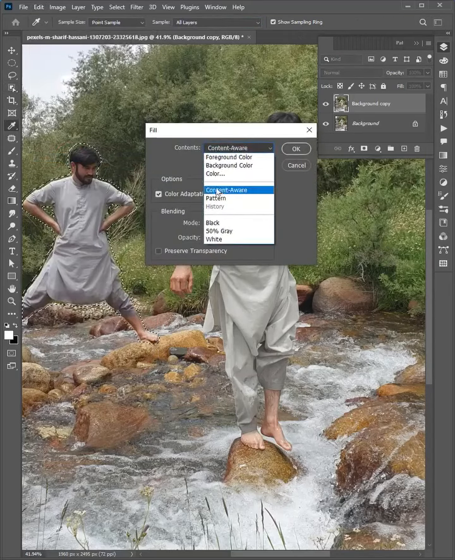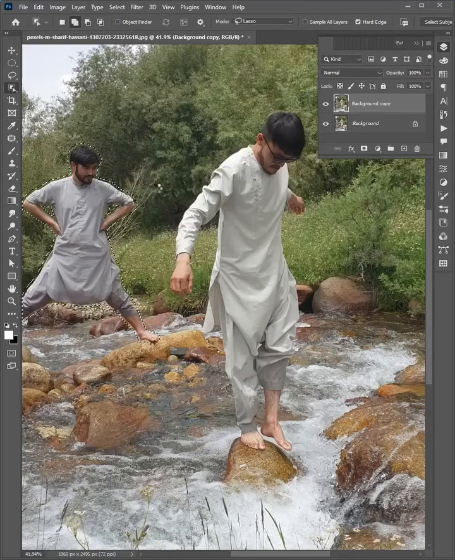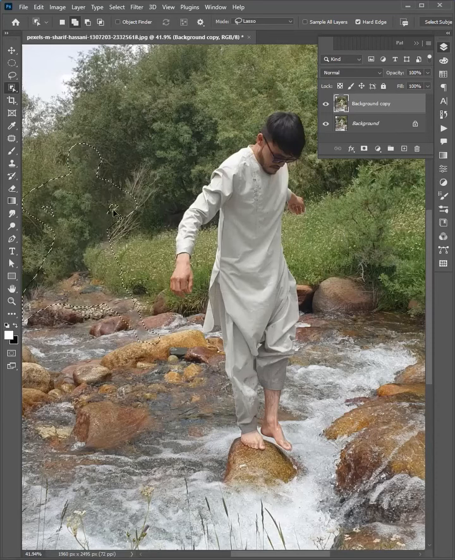Select Content Aware from the list. The opacity is 100, and click OK. That was removed. Select the layer,